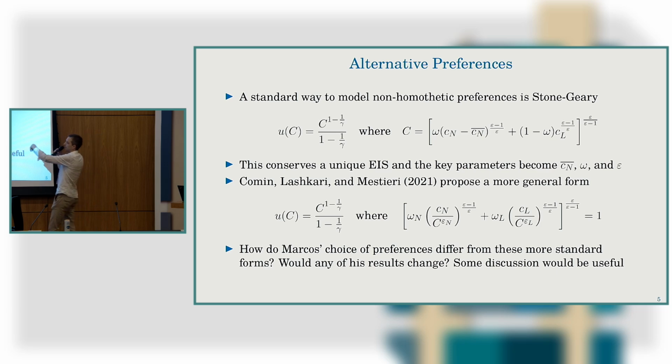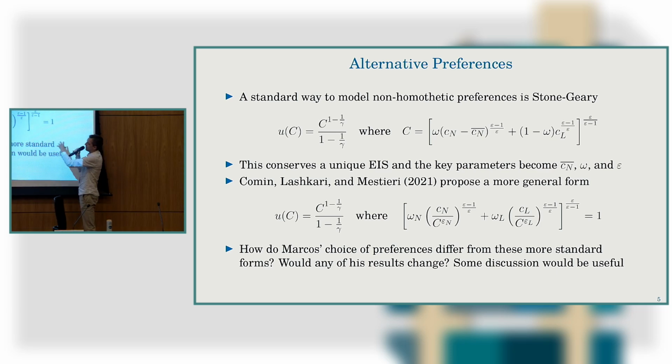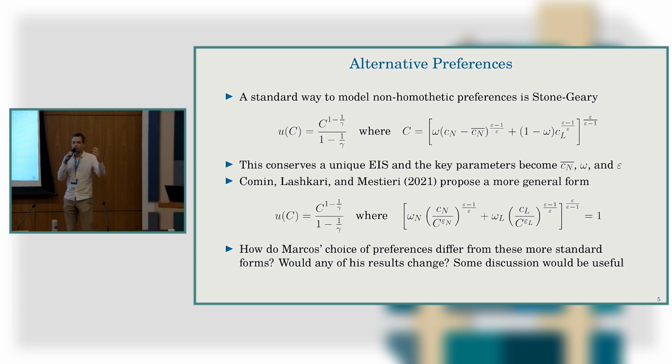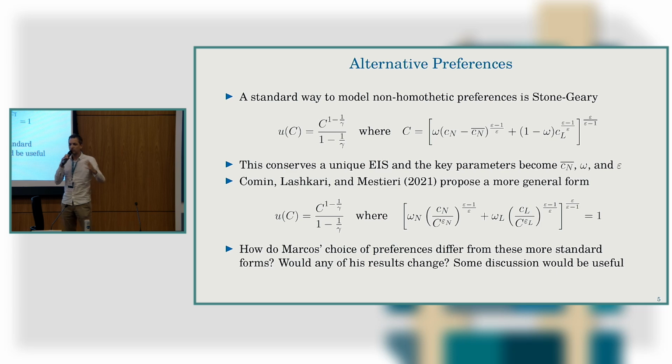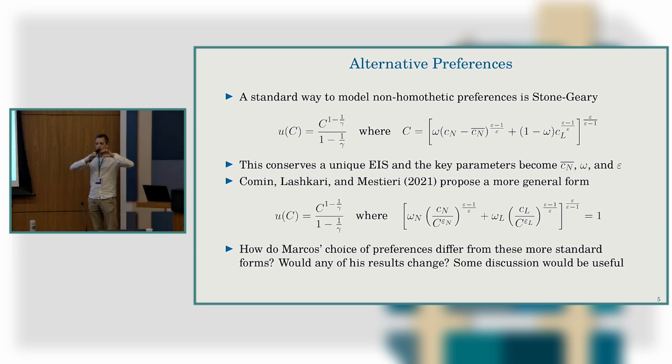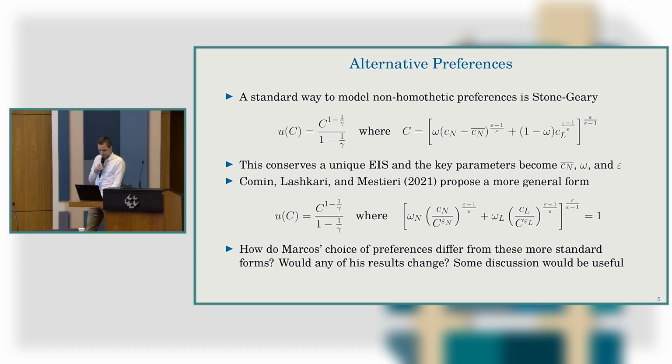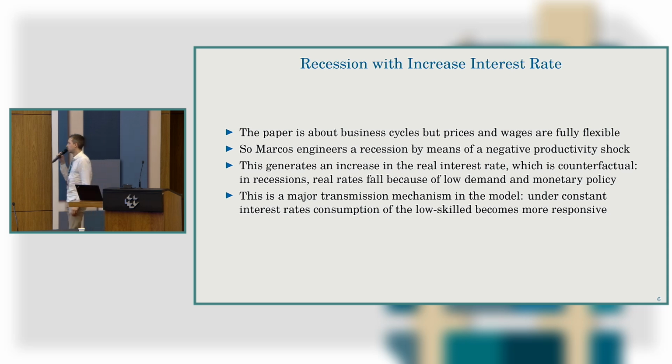As Luis also assumes, I think it's now the state of the art for non-homotheticities, this paper by Coleman and co-authors, which allows you to better fit the data. So it would be nice to have at least a discussion in your paper about how your results would change if you were to use these more standard preferences, and maybe disentangle, so we can generate non-homotheticities without associating the income elasticities with the intertemporal elasticities as you argue. So, yeah, I guess that's my main criticism.